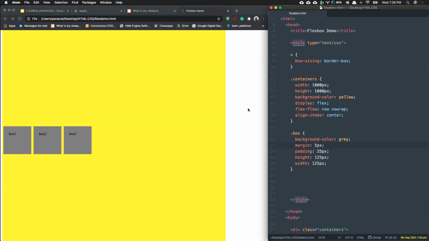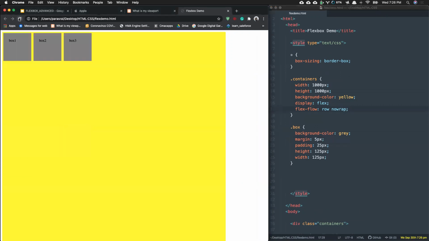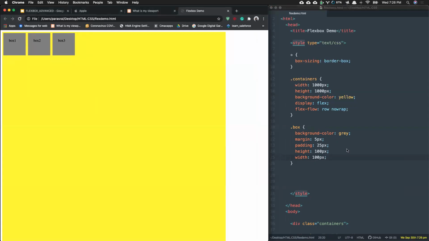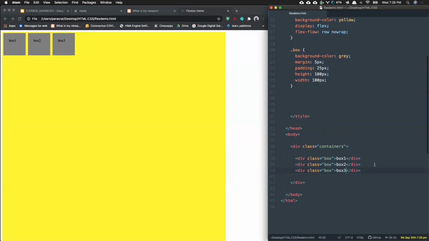Okay. Let's take that same concept from earlier. Remember, only the yellow part is the container. The white part, don't get confused by it because it has nothing to do with what I'm trying to teach you here. So if this box here is 100 by 100, and I make